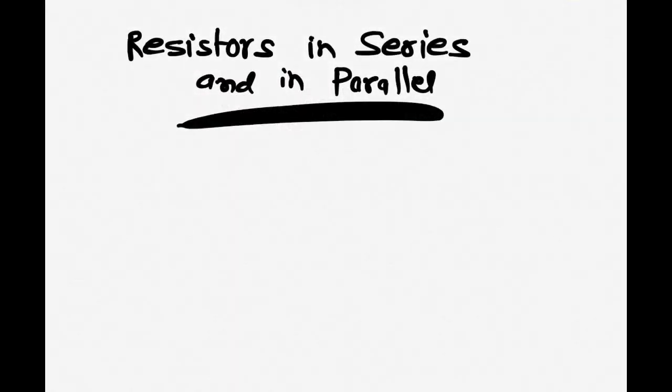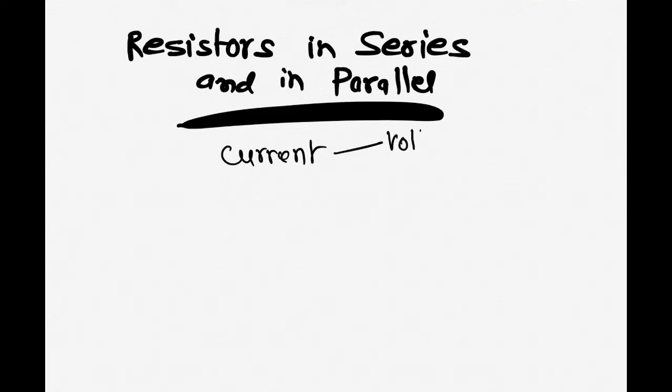We talked about Ohm's law in a simple circuit. A simple circuit is a circuit which consists of an energy source and a single resistor. In today's session, we are going to talk about circuits which contain more than one resistor. Now the current in the circuit depends on two parameters.